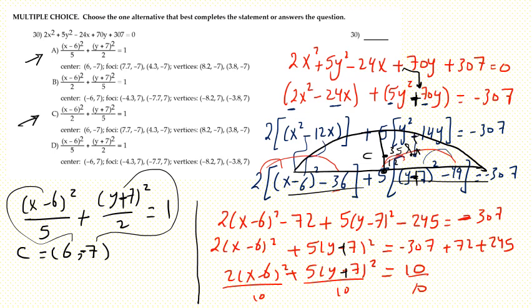But as we can see in C, this is not 2, this is 5, so I'm sure that the right answer is